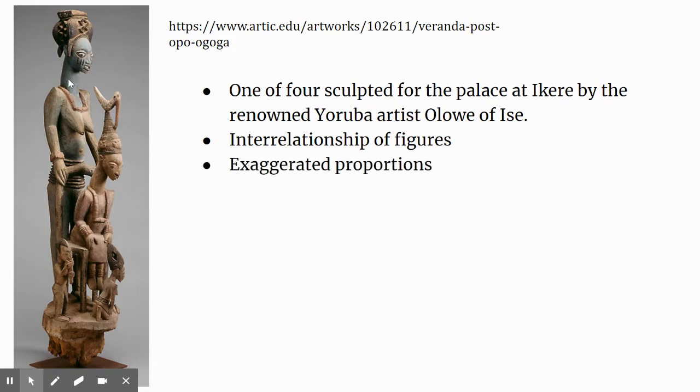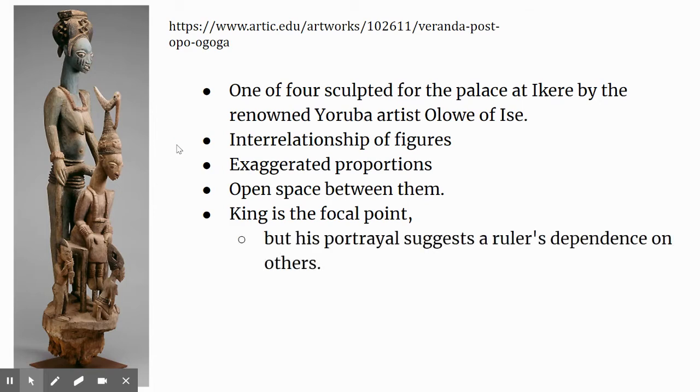So we'll want to look again at those exaggerated proportions, that really long neck, the very long elongated face, the very large eyes, especially on the woman, and the fact that this is completely in the round carving, and there's lots of space in between the two main figures, so they are clearly independent of one another. He is the focal point because he's the king, but he is dependent on others, right? The king does not just do his kingly stuff without any support, right? Many of the works that we'll look at in our study of African art are going to emphasize interdependence and family ties and community ties, which is very different from a lot of the art we have in the West, which tends to, not always, at least in the past 200